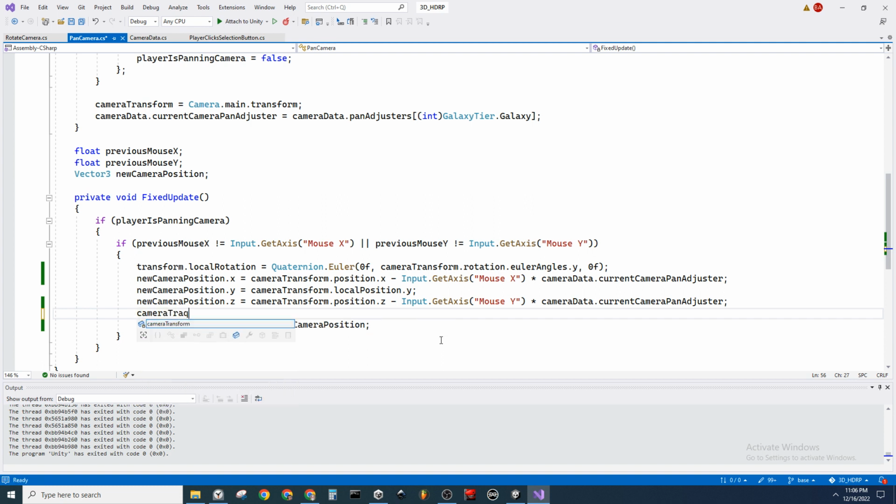So I would use something like, we're trying to transform the camera in its own space, and the amount to transform it by is